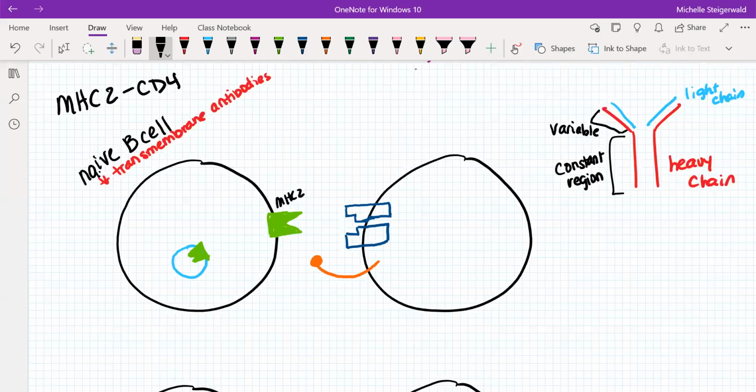And so this is time consuming. Theoretically, you could have something that you could come up with one in a day, but it could also take as much as 2 weeks. So these transmembrane antibodies are going to be put out on the surface of these naive B cells, and then these B cells are just going to run around through the entire body and see, can they find something that binds? And if they do, if they pick up this antigen,